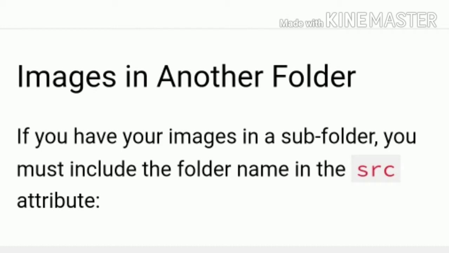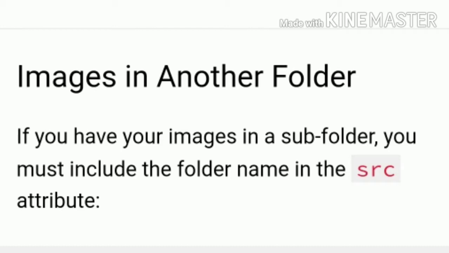Then alt equals within double quotation html5 icon. Then style equals within double quotation width colon 128 pixel semicolon height colon 128 pixel semicolon. These are all within double quotation.